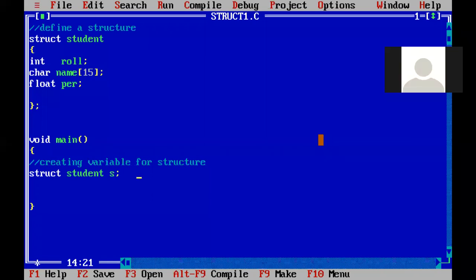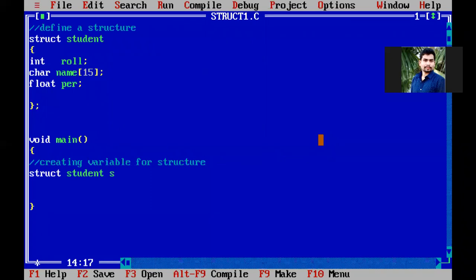Okay sir. In order to store the values into roll number, name and percentage, we must create the student structure variable, and we created that student structure variable. What is that? S. So under S we have the copy of roll number, name and percentage. Now we are able to store the values into that particular roll number, name. How to initialize? The third point, initialization of the structure variable. Initialization of the structure variable is the same as initialization of an array.